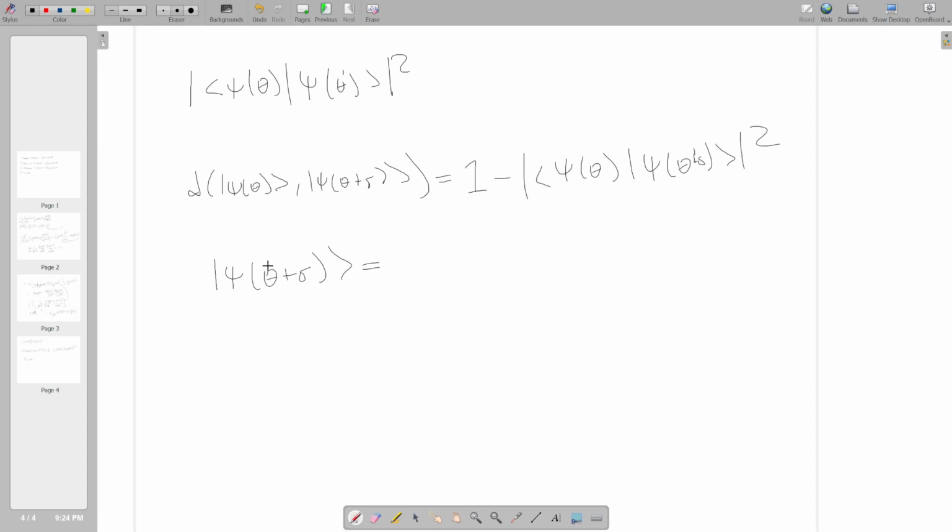This is some state, we have parameters plus whatever the change is, we have the original state plus a sum over all of these changes